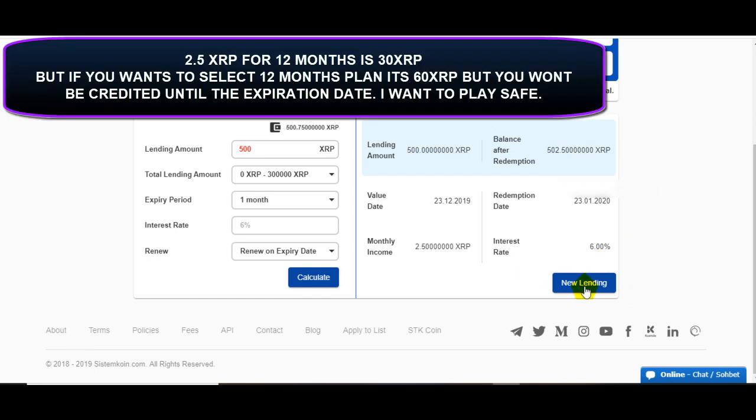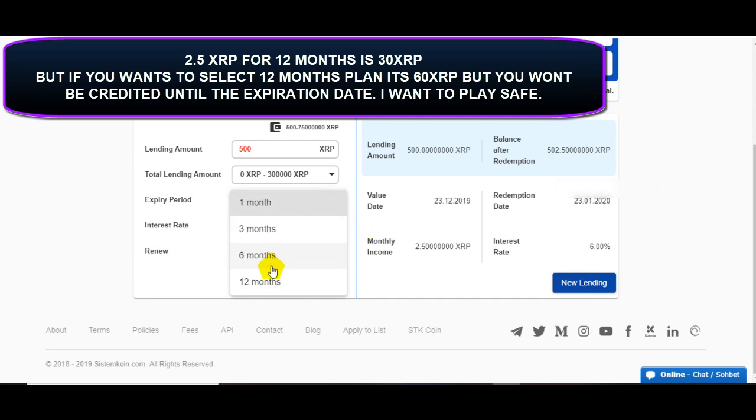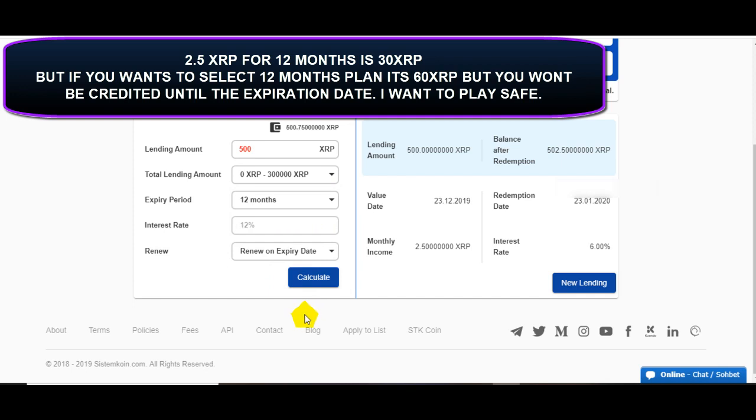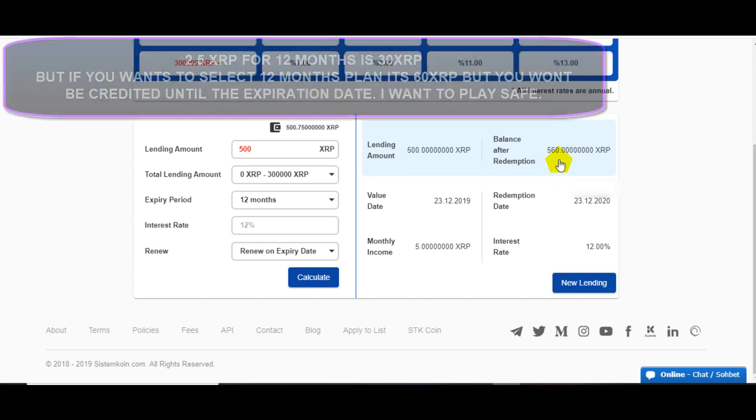Then automatically my money will go into lending. The money has just been sitting there without doing anything. Do you get? The only thing is that it appreciates in value, but I don't just want appreciation in value. I want the number of the Repo to be increasing. If I want to do it for 12 months, what do I gain? For 12 months it is 12%. And if I calculate for 12 months, I get 60 Repo in addition.